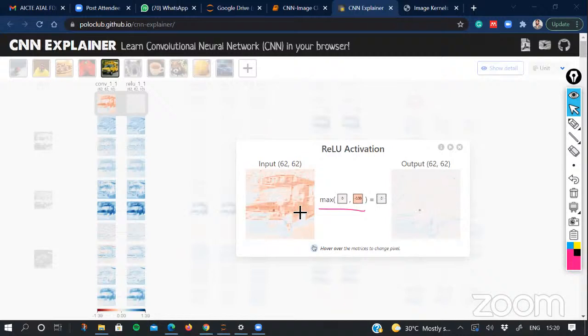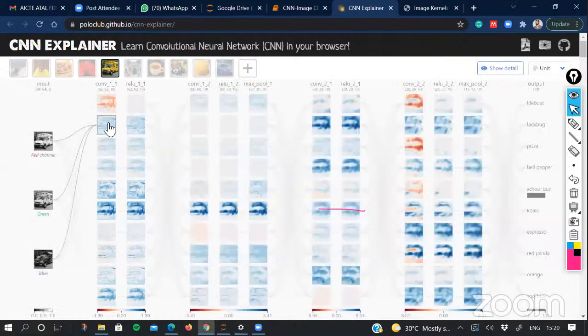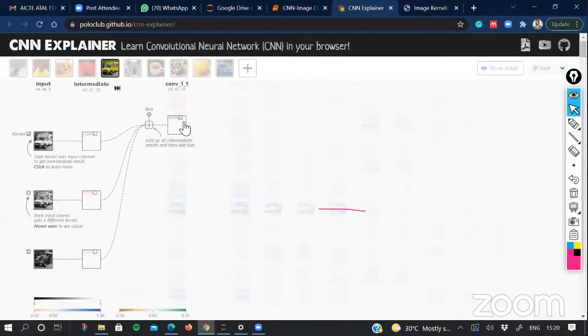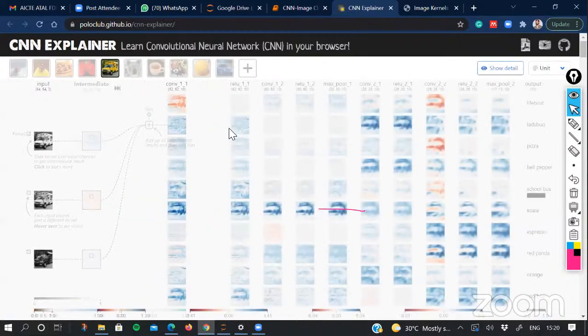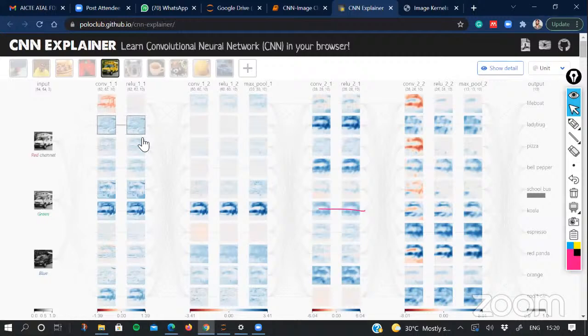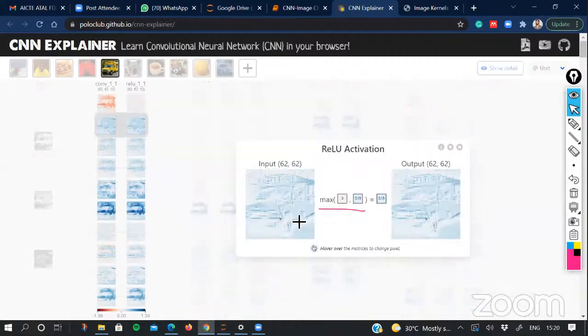So all these negative pixel values are being suppressed through this ReLU, and that introduces non-linearity in it. Now on the other side, if you look at the second feature map that extracts the positive numbers, you see in this ReLU we are getting all positive numbers from it, and you can extract those features.